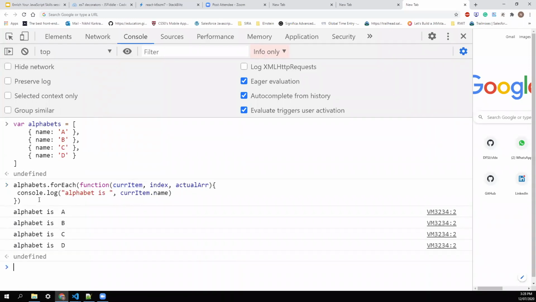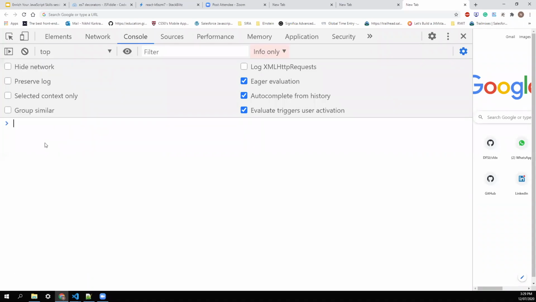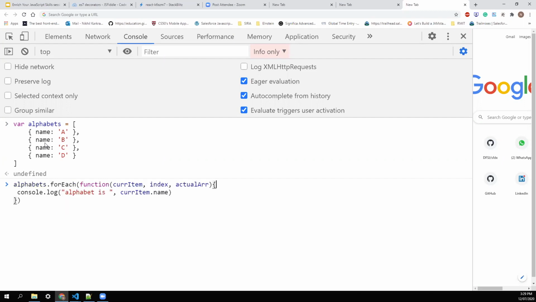But there was a catch. Once JavaScript launched the forEach, why didn't they deprecate the for loop? With the forEach loop, you can't break the loop in between. So suppose there is a scenario in which I want to break the for loop after the condition is met. It means like if you are searching something in heavy data, and once you found it you don't want to continue searching, that helps with your performance issue. So with forEach you can't do that, but here in the for loop you can break it.